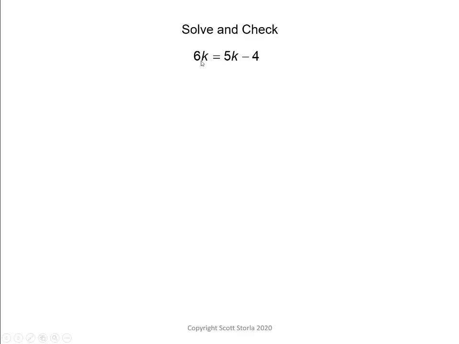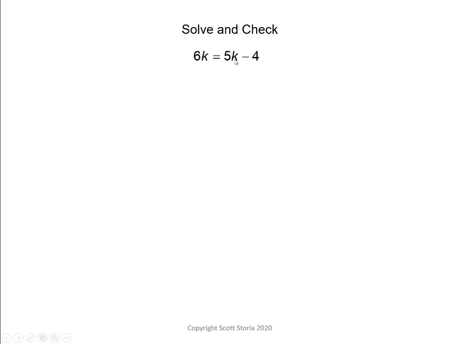When I have variable terms on both sides, it's hard to see what the answer should be because I have two terms with, in this case, k. I'd like to have just a single term in k. To do that, I'm going to subtract 5k from both sides. Now, you can actually subtract 6k from both sides if you prefer, but what I always do is,